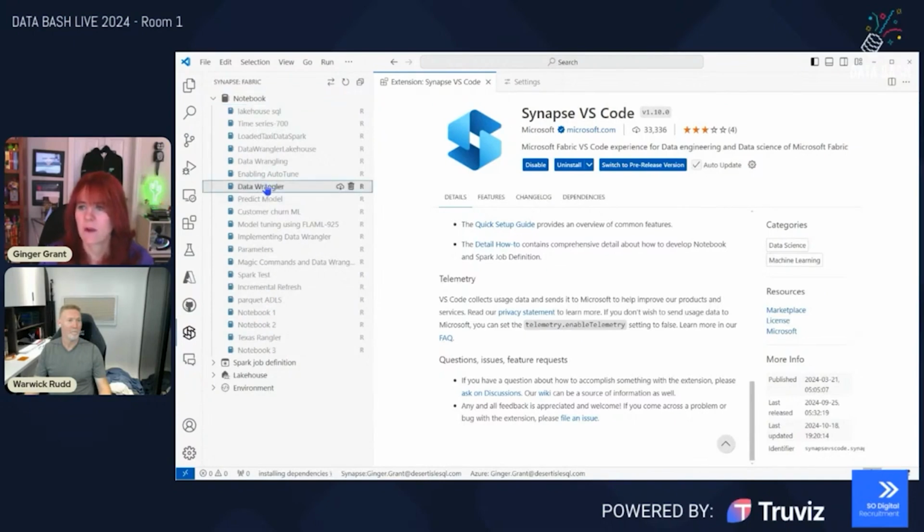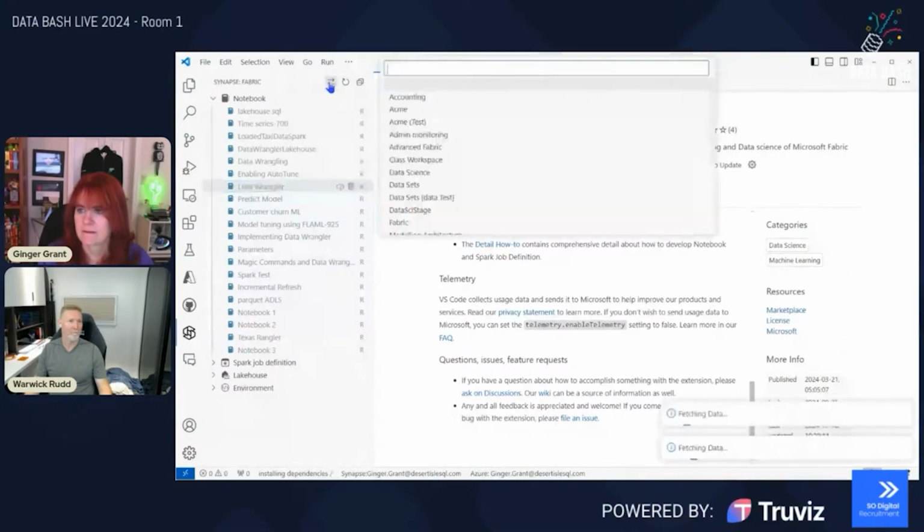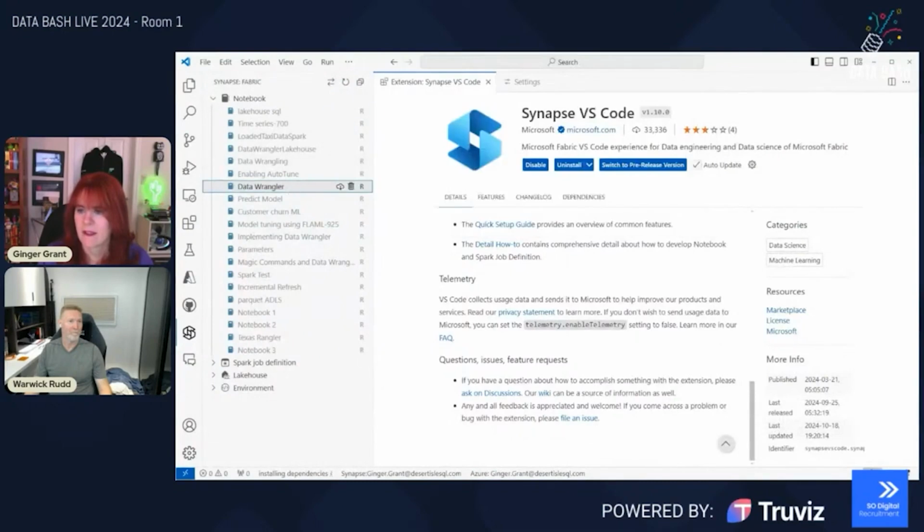I'm going to go ahead and open up Data Wrangler. Notice I've got a cloud button with a little arrow next to it, and to do that, I want to click on that. I've got the workspace selected, and then click on the notebook to download it.